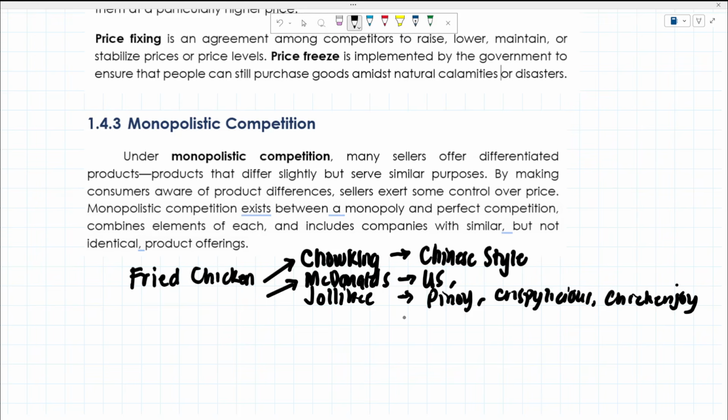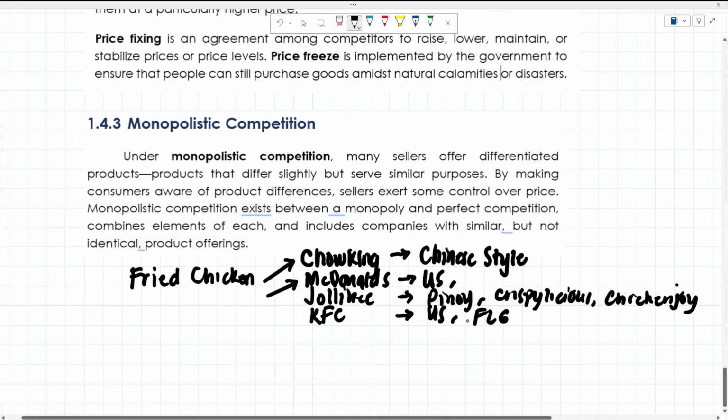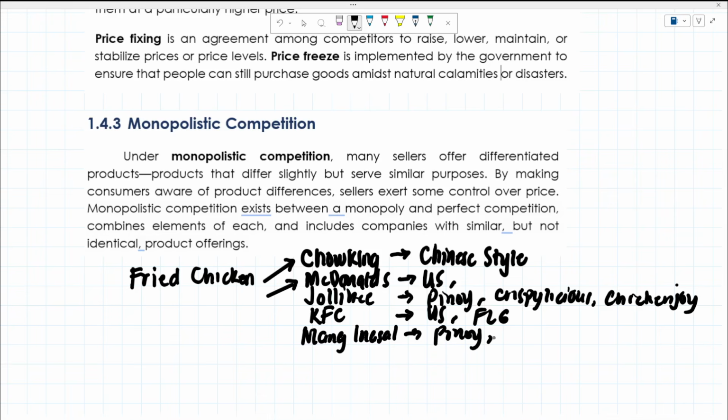What else? So many, right? So many that you can think of. KFC, okay? This is also from the US, finger licking good. What else? Mang Inasal, of course. Our favorite. Mang Inasal is here, Pinoy. But their branding is barbecued chicken, no,